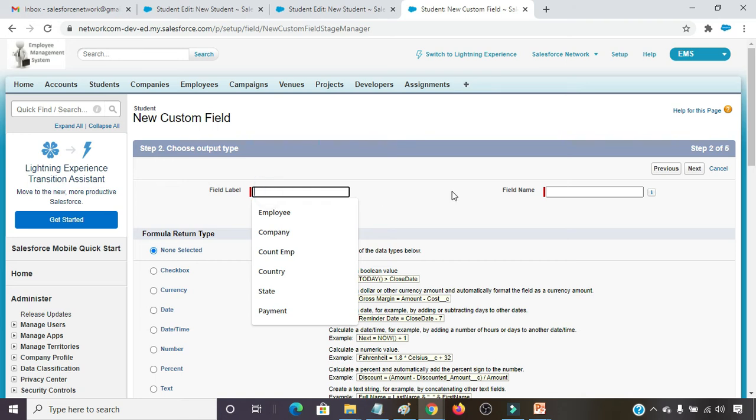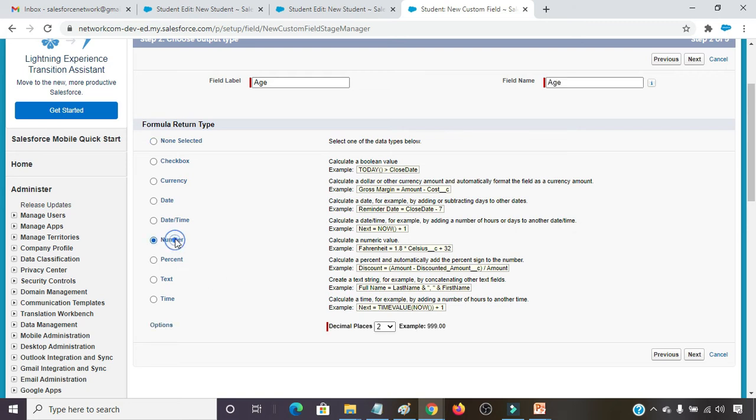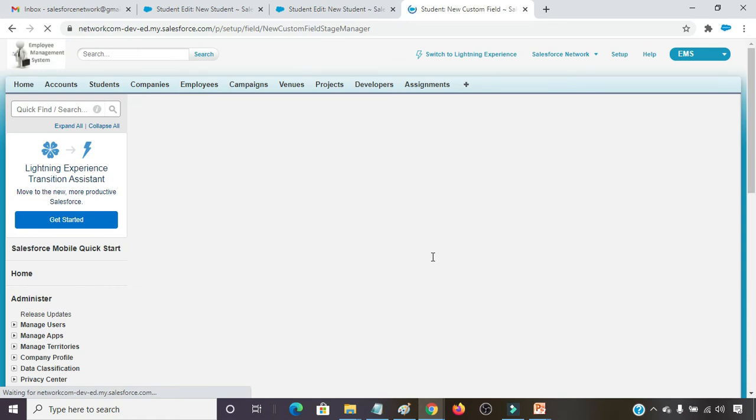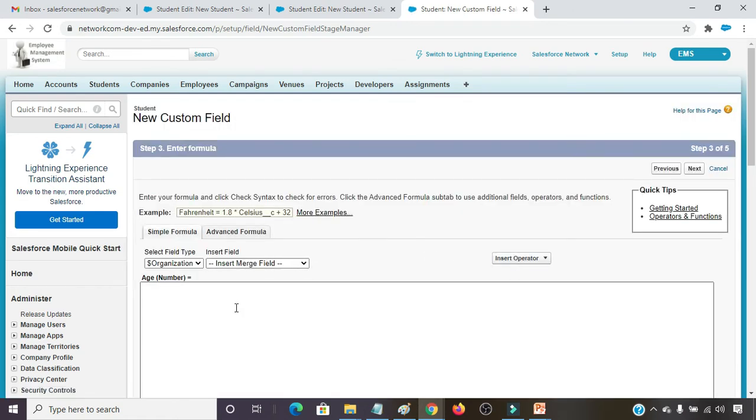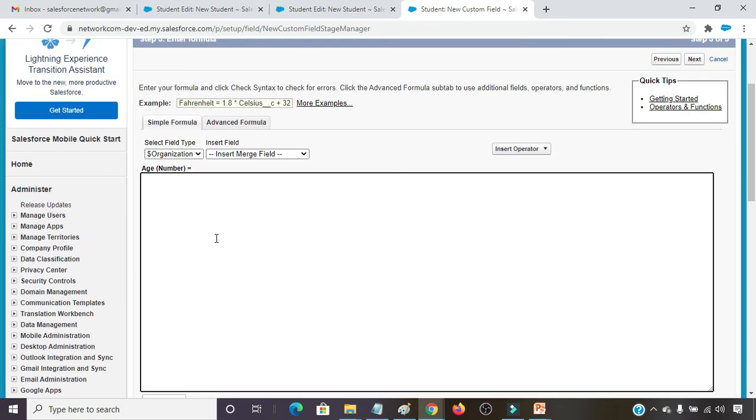Field label is age. I am calculating age, and return type would be number. I'm not taking any decimal number, so I am getting one whole number. Clicking on next, and here we have to provide the formula.